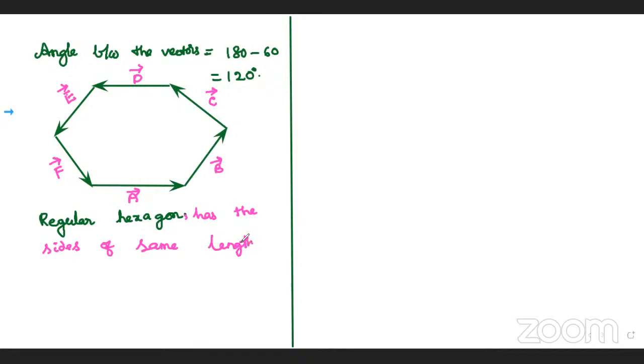Same length means their magnitudes are equal, like mod A bar is equal to mod B bar,